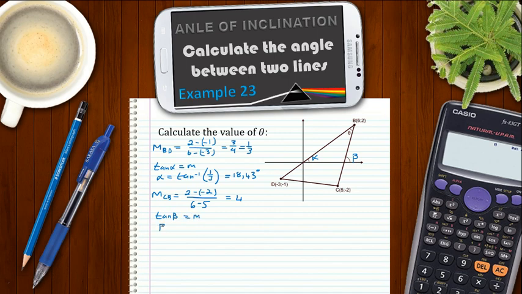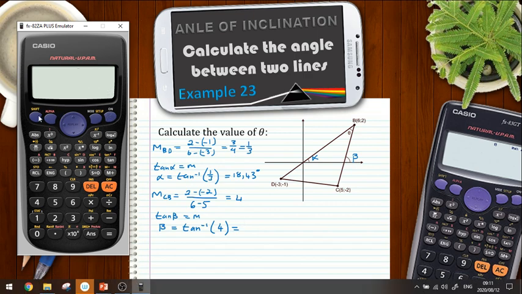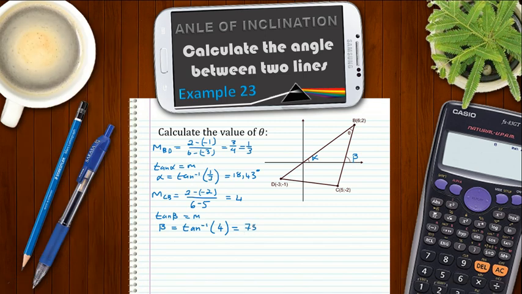So beta will be equal to the inverse of tan of the gradient. In our case, it's 4. And then we can just calculate that. Shift tan 4 is equal to 75.96 degrees. All right, now we have our two angles, and all that is left now is from exterior angles